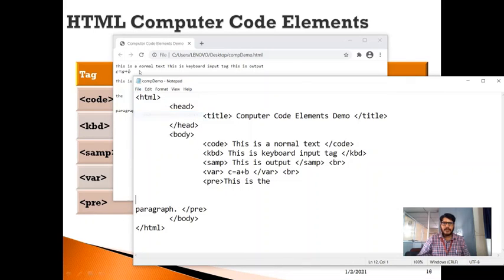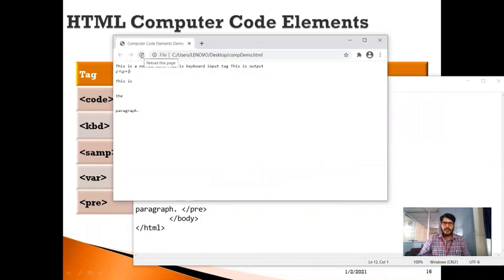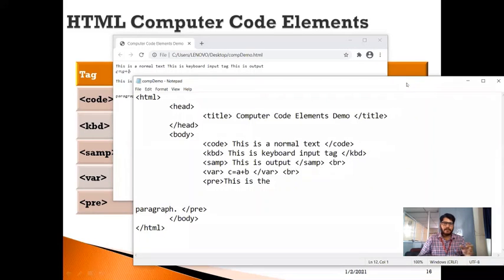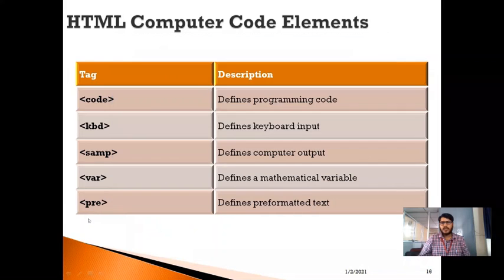Now let me save this. Again reload this. You can see now it is showing this in a single line, and after that it has left 2 lines of space, and after that it is showing a paragraph. So this is how we can preserve the white spaces and get the output as I require. In a similar way we can generate the output by using the pre tag. So this is the use of the pre tag.